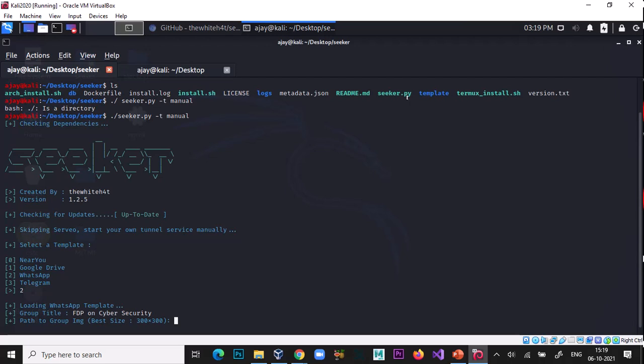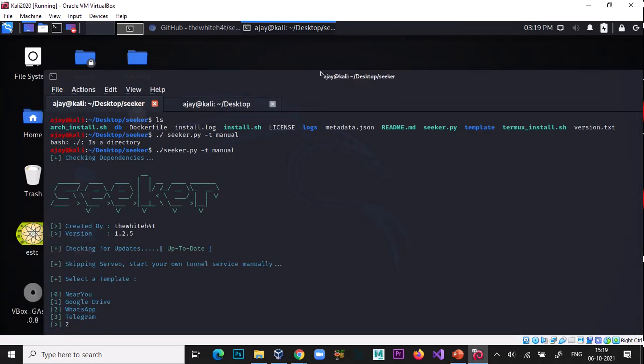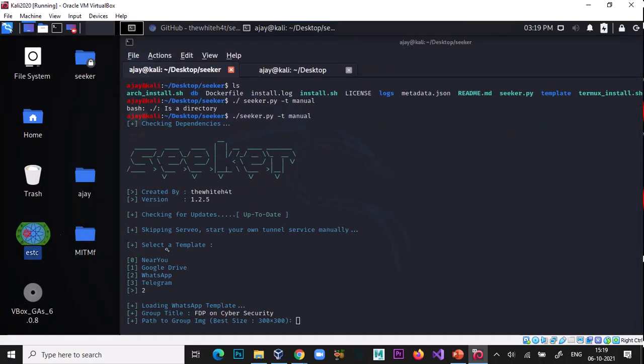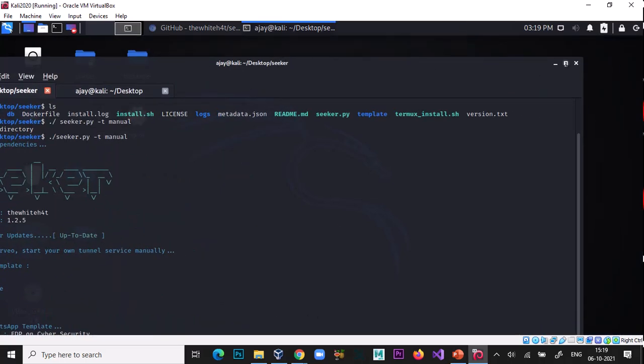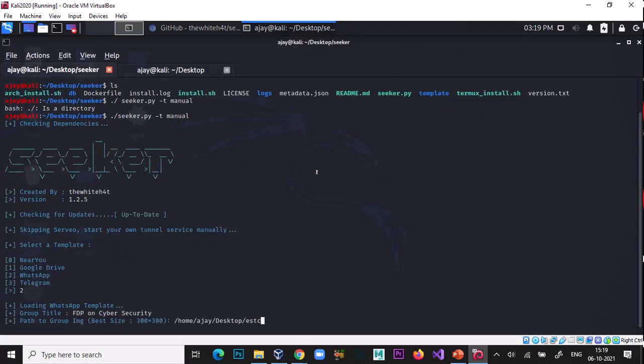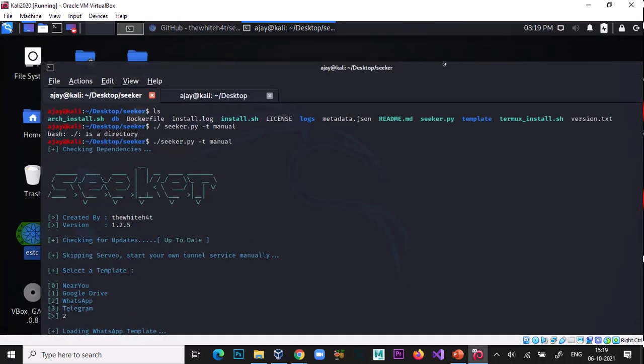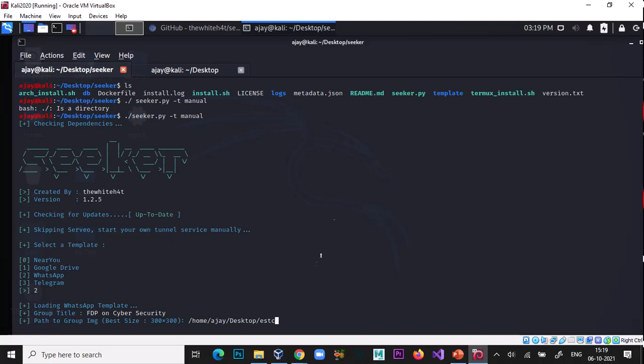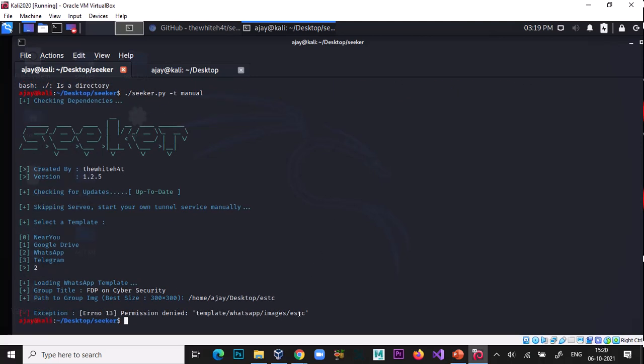Okay. Path. So here I drag the image. This is my organization logo, Electronic Service and Training Center. Okay. And I type.